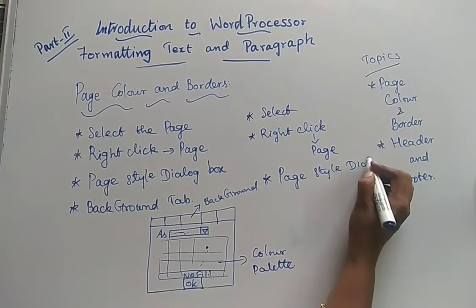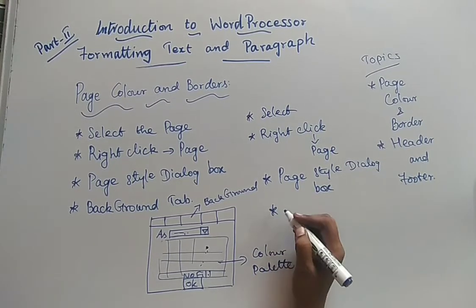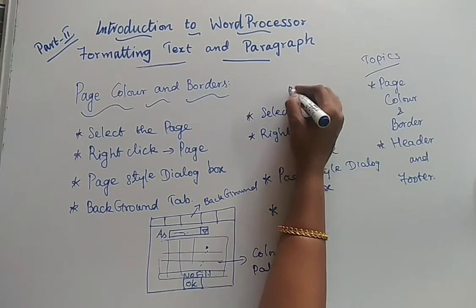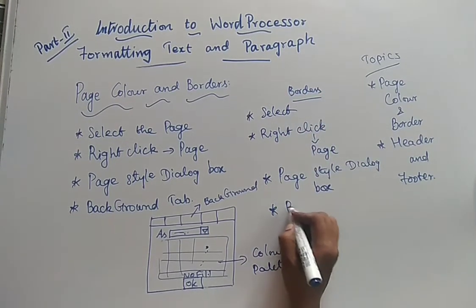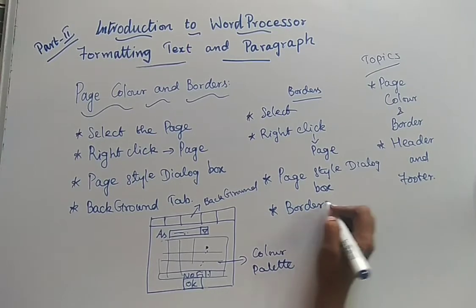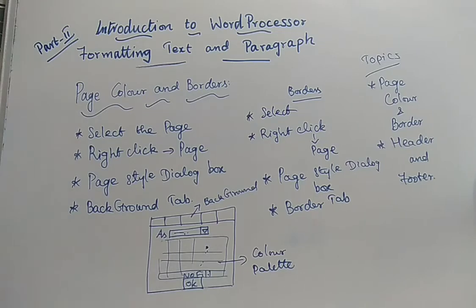A dialog box will be displayed for you. In that, what do you have to select? Now we are going to see the procedure to change the borders. So you have to select the Border tab. Based upon that, what will be displayed for you? Yes, a Borders tab, similar to what we have discussed here.